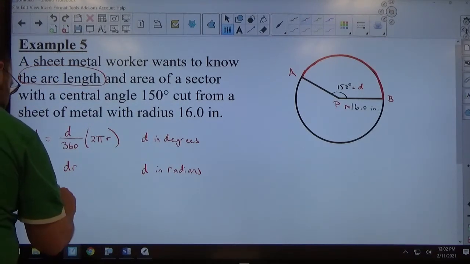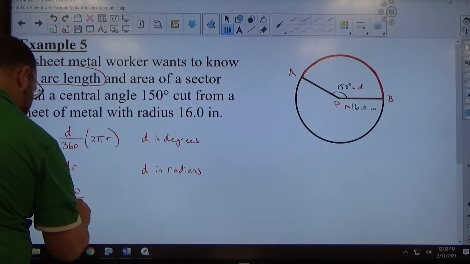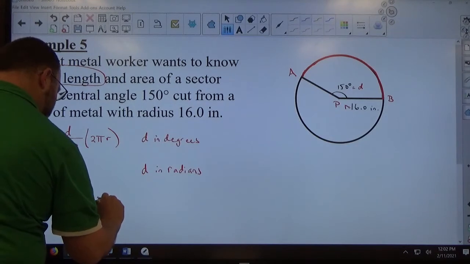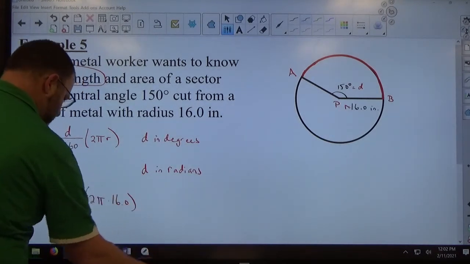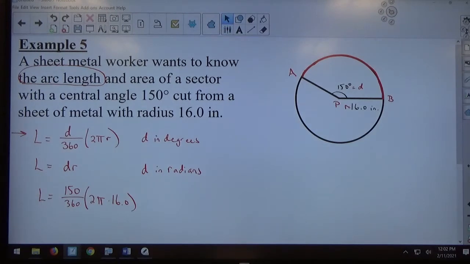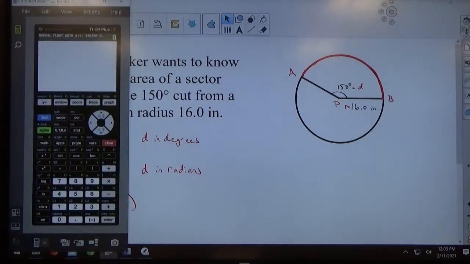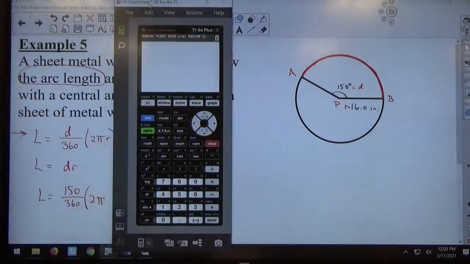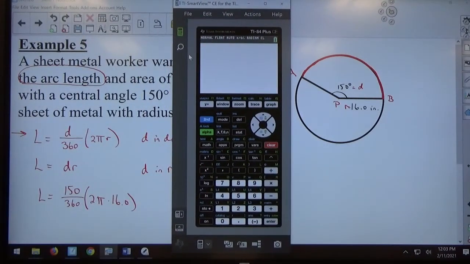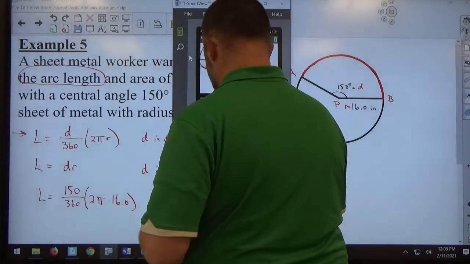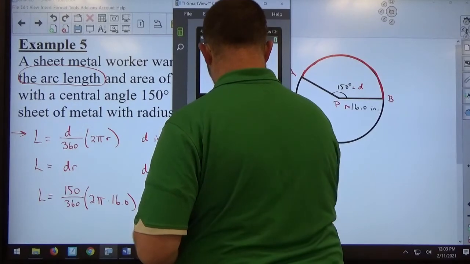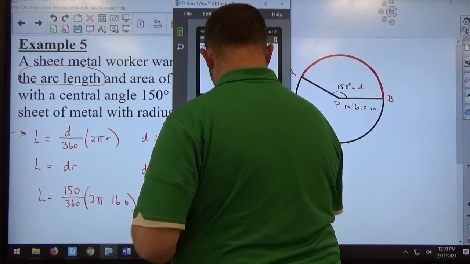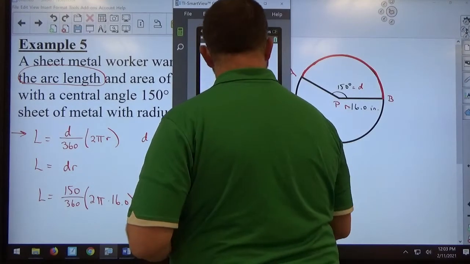The arc length in this specific figure is going to be 150 over 360 times 2 pi times 16.0. So I'm just going to get the formula written down. I'm going to substitute the values into the formula. Then I'm going to grab my calculator and evaluate it. And keep in mind, just like all these other formulas that have a divided by in them, do the divided by last. So 150 times 2 times pi times 16.0, divided by 360 at the end. So when I type it in, 150 times 2 times pi times 16.0 divided by 360 comes out to